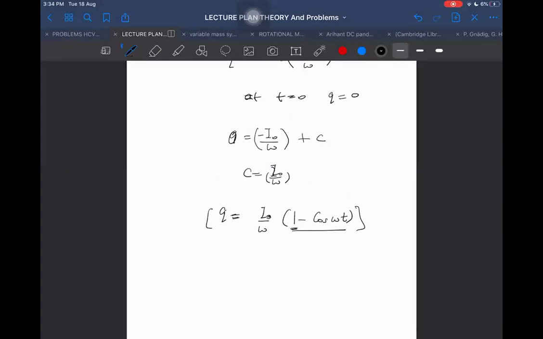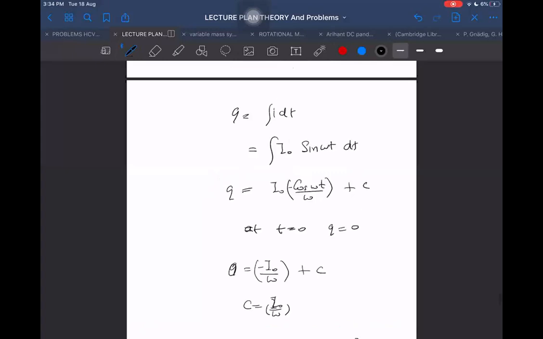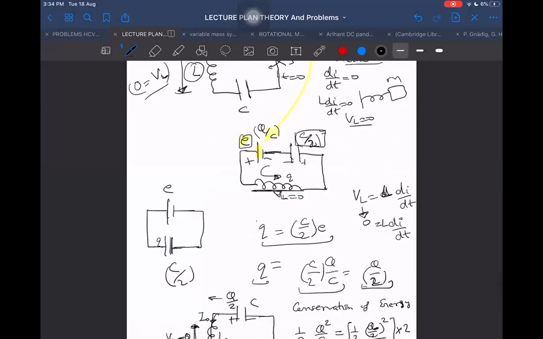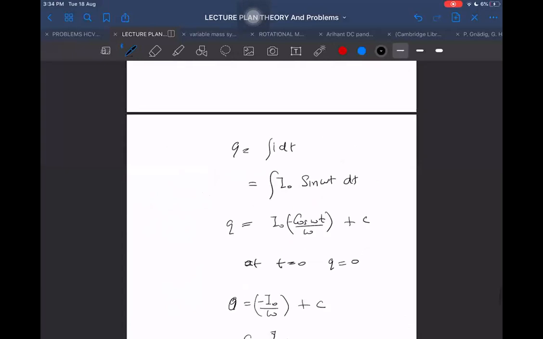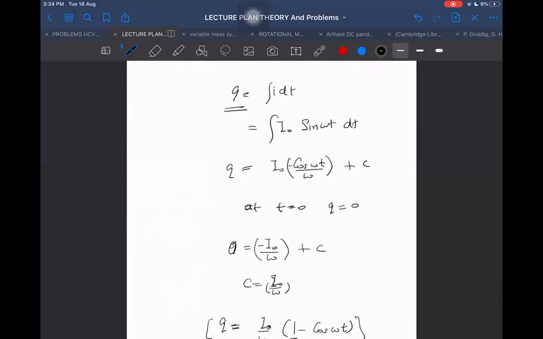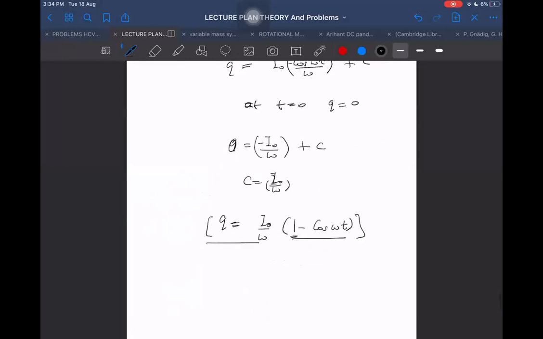So this is the charge flow. Now, if somebody asks you what is the charge stored in the second capacitor as a function of time, that will be this Q only, because this is what is being supplied to it. But if somebody asks what is the charge stored in the first capacitor as a function of time, then that will be capital Q minus Q. So that's why you first find out only the charge flowing in the circuit. Then you decide what will be stored in which capacitor. But first you just find out the charge flown. If they are asking what is the voltage across the inductor as a function of time, then just write it as L into di by dt. We can get all those things also.